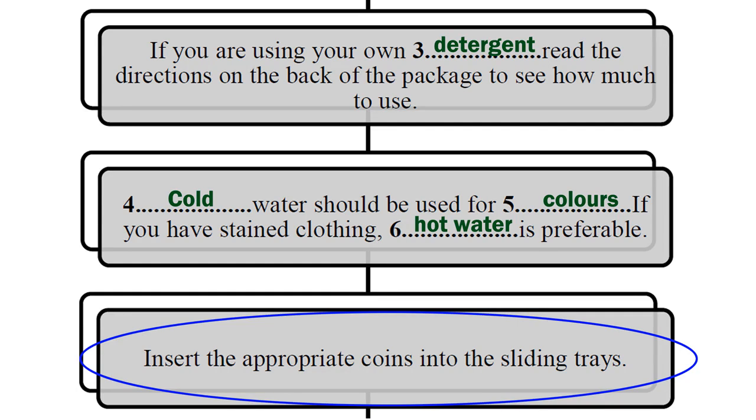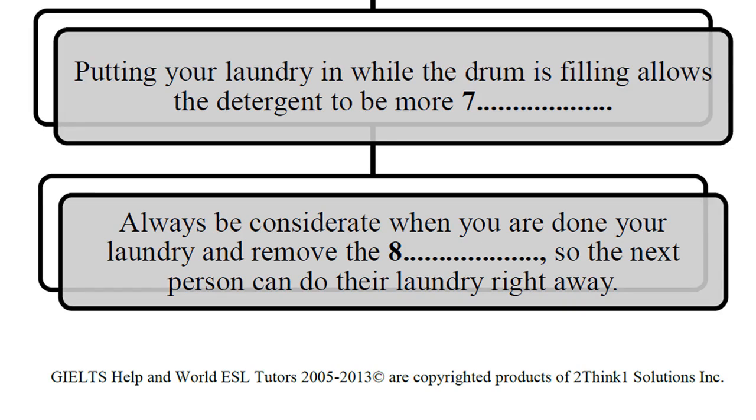Okay, the next step in the flowchart is given completely. Insert the appropriate coins into the sliding trays. I still read this so that the ideas flow and that they're connected. And then I go to the next step. Putting your laundry in while the drum is filling allows the detergent to be more something. Again, this is maybe a bit more difficult, so this is a kind of question I might want to go back for. I find the answer to this at the beginning of the final paragraph describing step 5, which says,